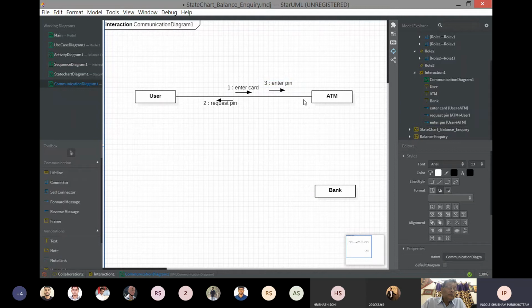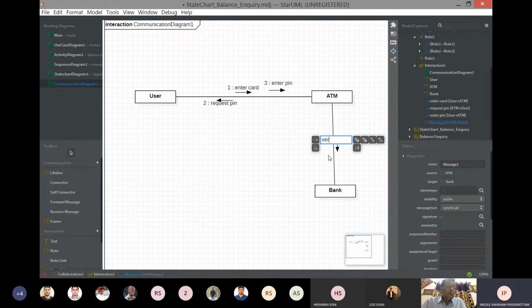Enter card, then the second one is request pin, it is enter pin, then it will be from ATM to bank for verifying the pin.